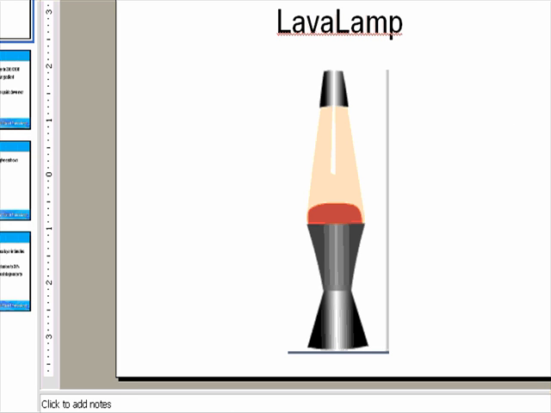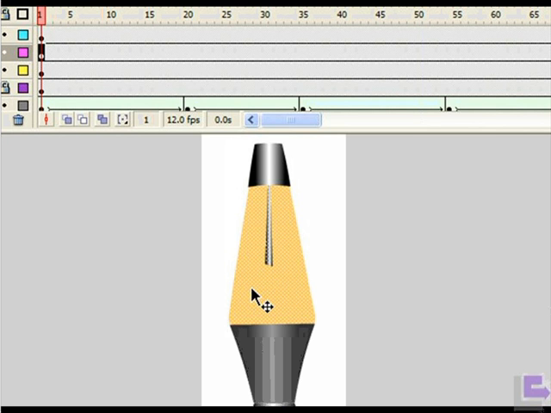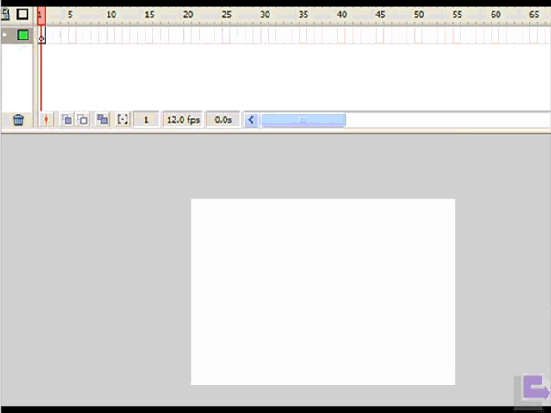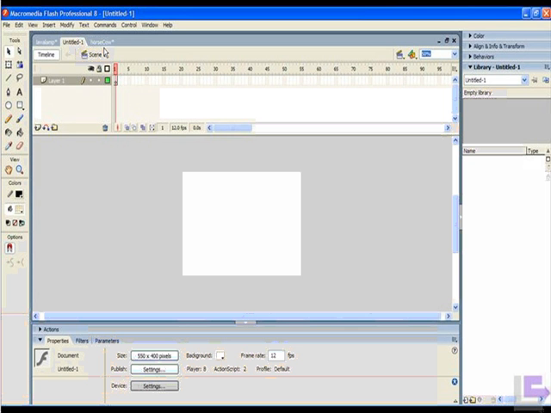We're going to have a look at how to create a lava lamp today. And this is the finished result. So we're going to create a blob that changes from shape to shape. So we'll build it from scratch, open up a brand new Flash document,